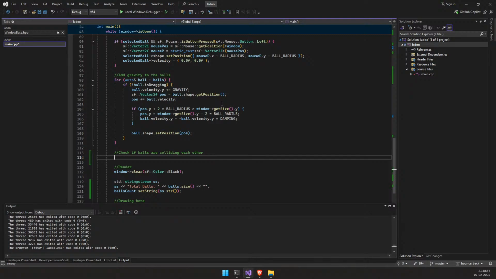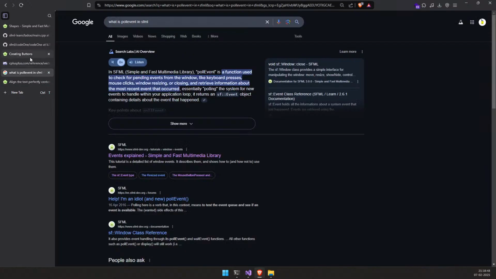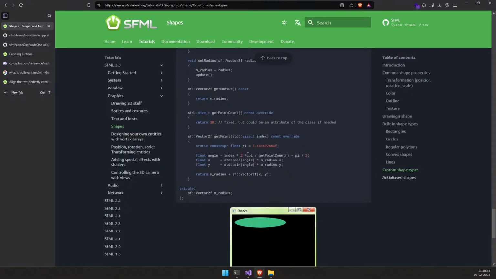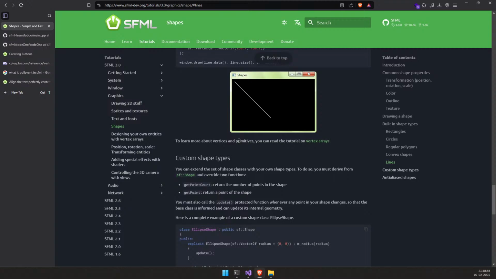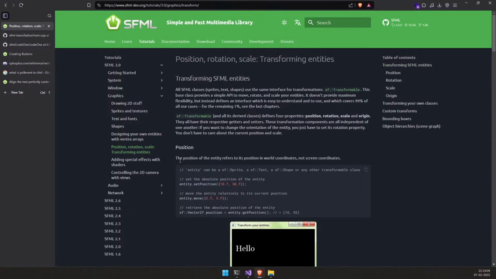For that, what we need to do is check all the balls. We have shape, so we can mark their position. Putting the first